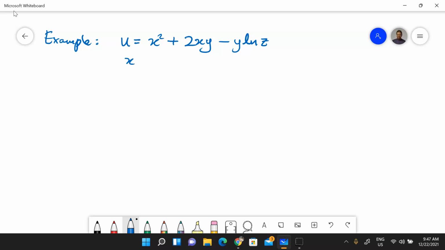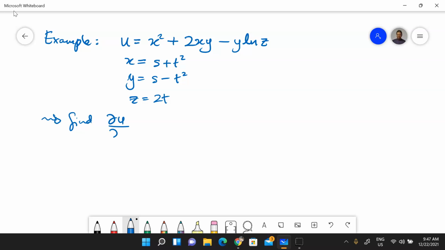And x is given in terms of another two variables. So this is s plus t squared, y equals s minus t squared, and z equals 2t. So again here, find